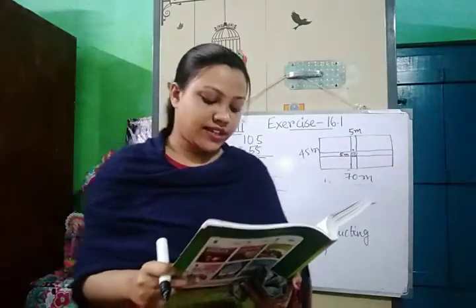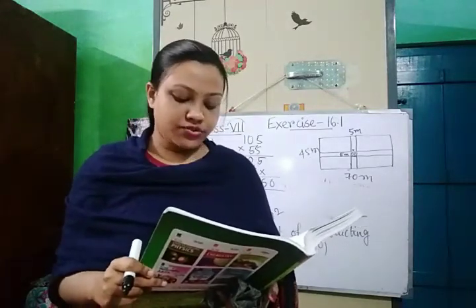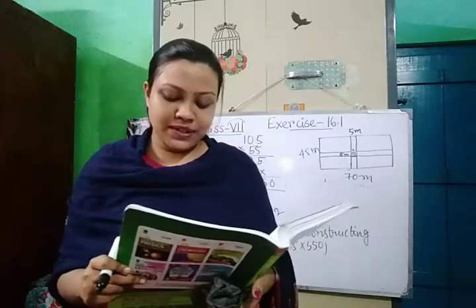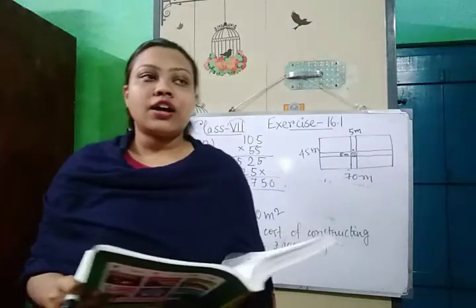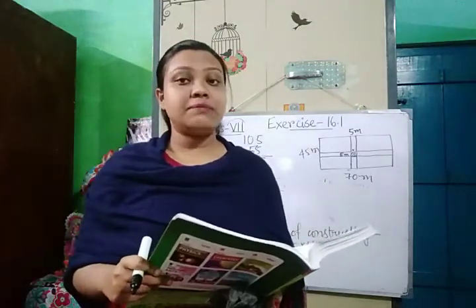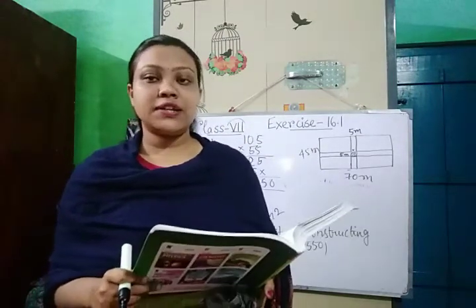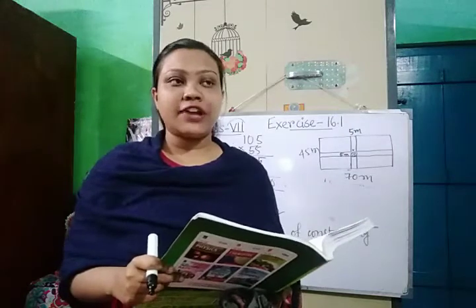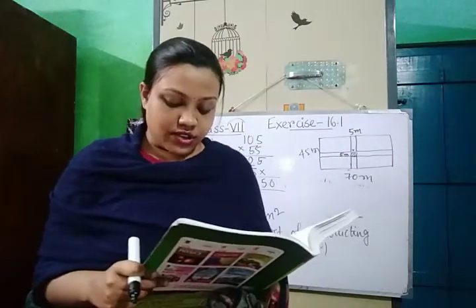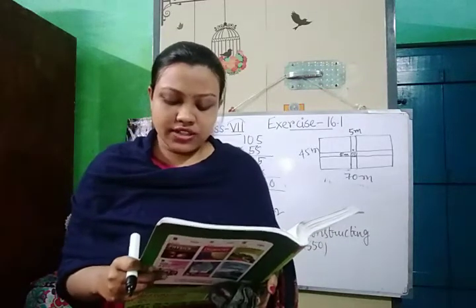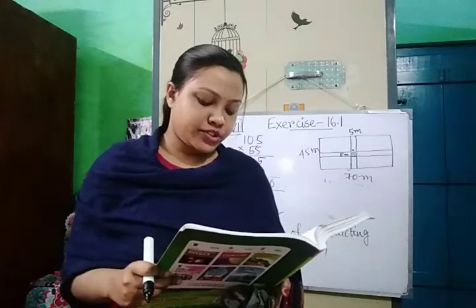Next one, I am doing question number 14. Question number 14 is: find the cost of flooring a room 6.5 meter by 5 meter with square tiles. What is the meaning of a room of 6.5 meter by 5 meter? That means the length of the room is 6.5 meter and the breadth is 5 meter. 6.5 by 5 means length and breadth are given respectively. With square tiles of side 25 centimeter at the rate of rupees 9.40 per tile.